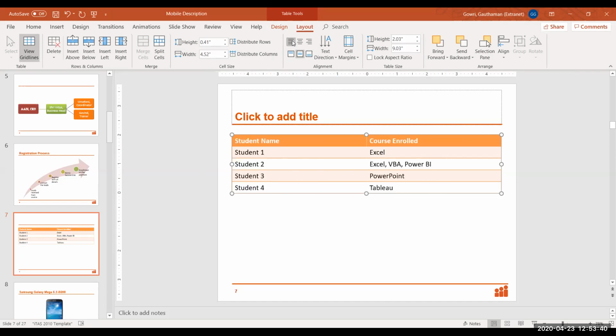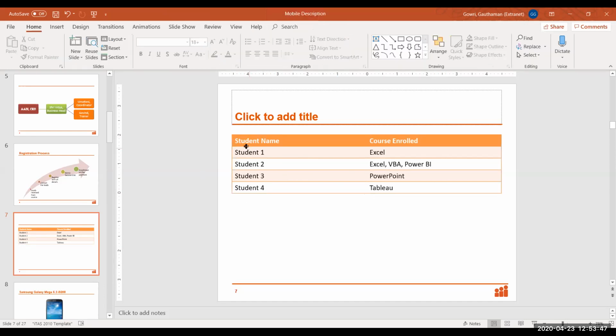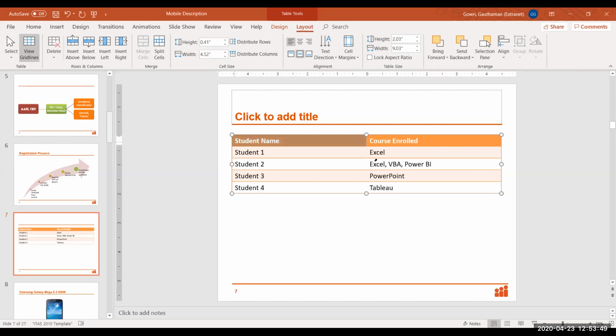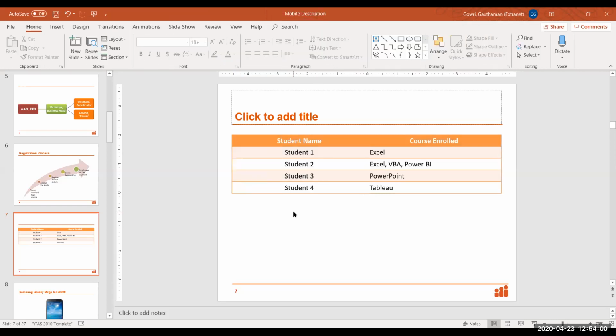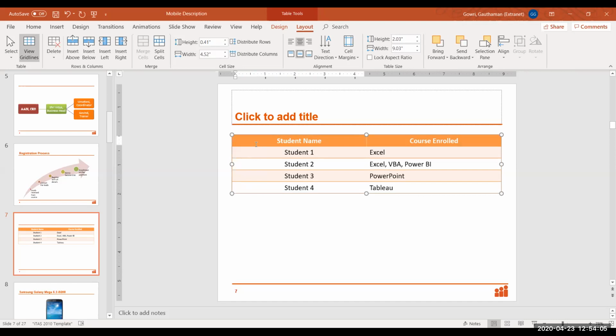You just have to experiment to see how exactly it looks good. Or you could also choose only those cells which you want to change. Let's say I want this and this cell to be center aligned, or only this column. So the same options that you have in Word, you have here as well. Suppose I have something like this. Now let's say